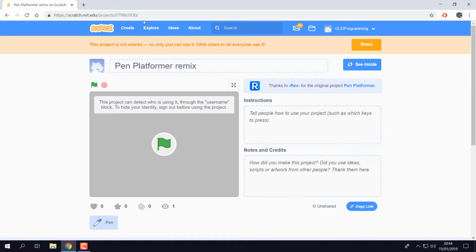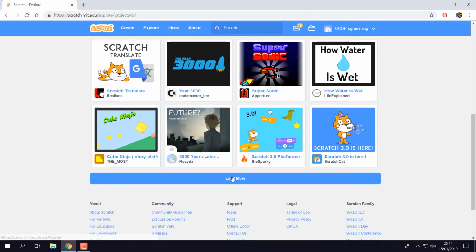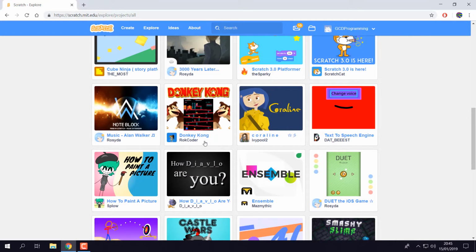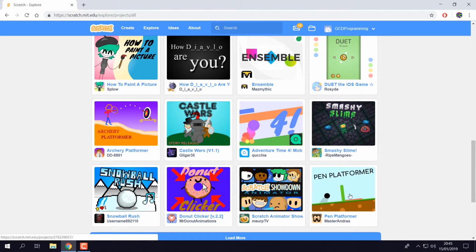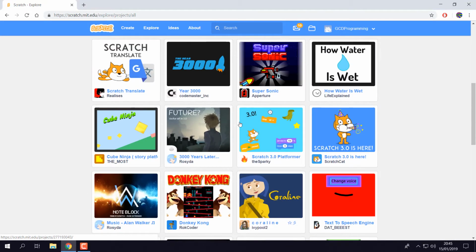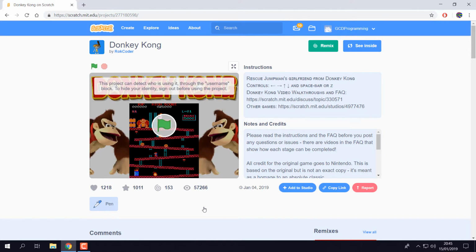So we can explore the collection of projects that have already been made in Scratch, and there's an awful lot of projects there. Look, we can see there's a version of Donkey Kong. Obviously that's copyrighted. We can see there's lots of stuff here that is interesting. We can find something we like, and then we can either see inside, or we can remix, depending on whether we just want to take one little bit of code. Maybe we're just interested to see how jumps work. Or we can remix and take the entire project and maybe then edit bits that we want to do ourselves.